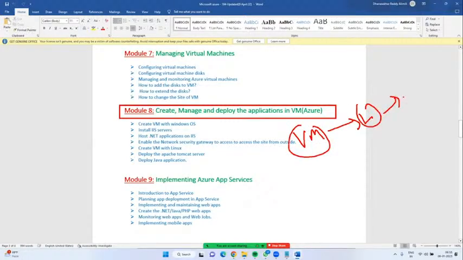Okay, module 8, I will show you how to create the VM with the Linux operating system. On top of it, how to host one Java application. You know, right? There are different flavors of Linux. One is Red Hat. Second one, SUSE. Third one, Oracle Linux. Fourth one, Ubuntu. We have many more. Linux is open source. How to create one machine with the Linux operating system, and on top of it how you can host one Java application, that we will see in module 8.